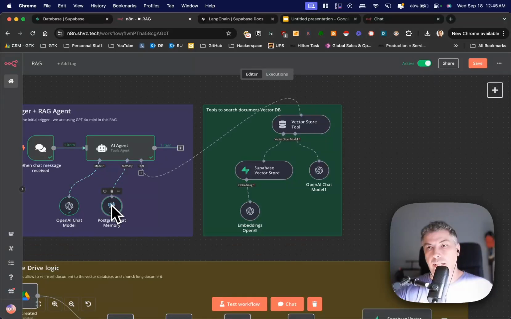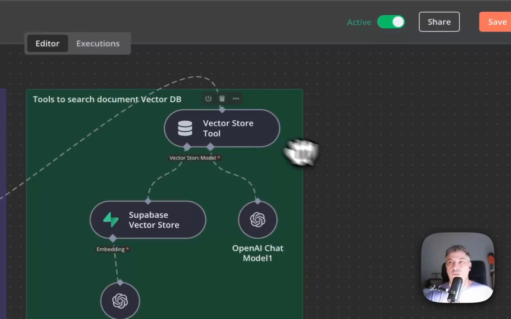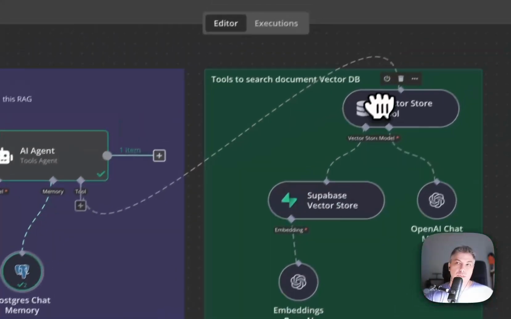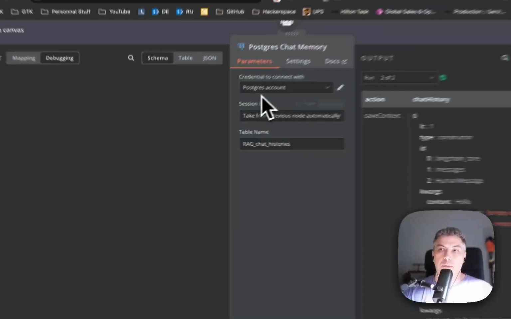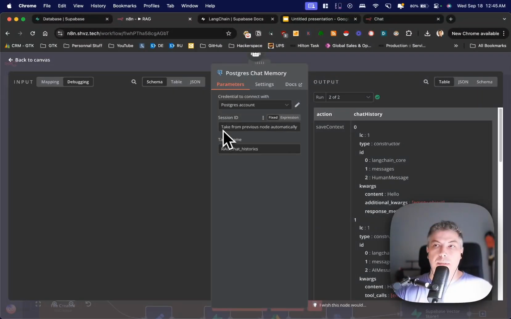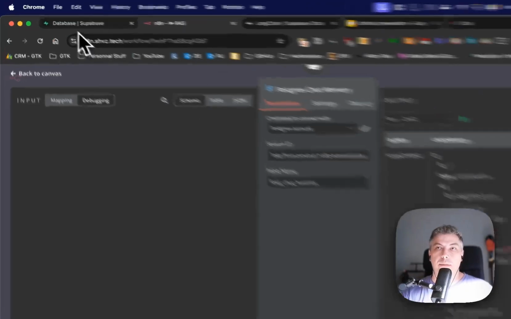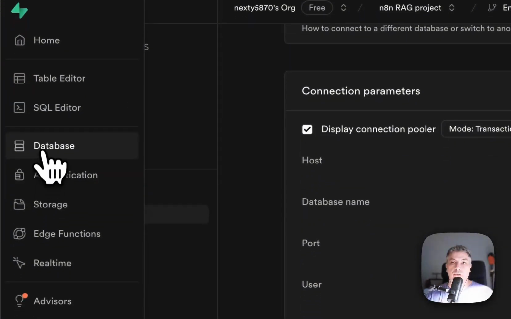So that's the Postgres connection. I wanted to go ahead and add, in this case, a vector store tool. And before I move on to the vector tools, I want to make just one comment here. So Postgres accounts, there's nothing about the session ID. That's okay. The table name is important as well. You can define the name if you want. By default, it's going to be named n8n. You can leave it by default, but basically what's happening here is that on your database,